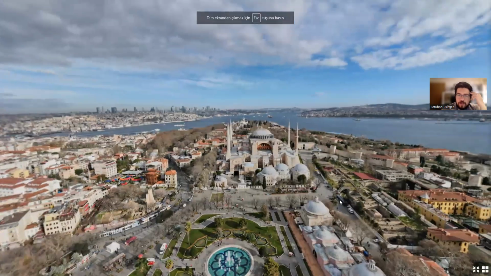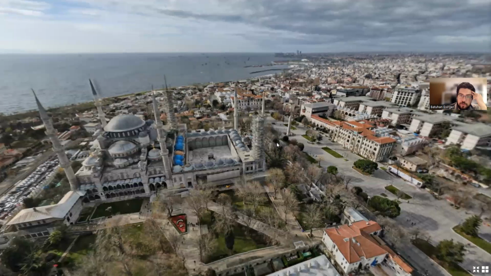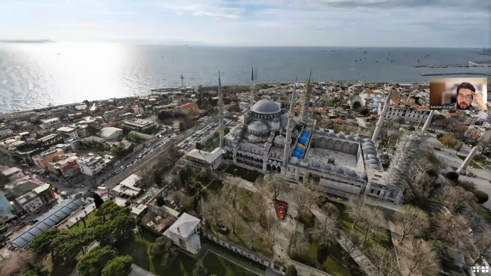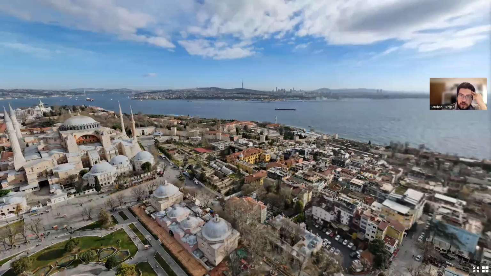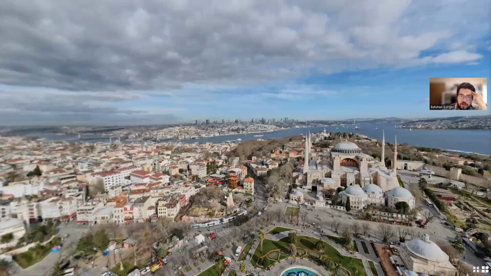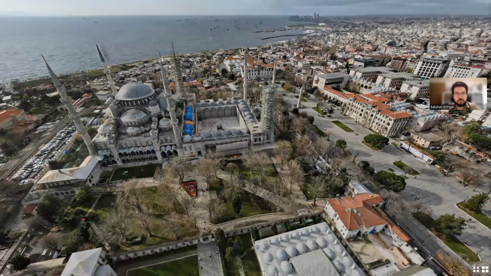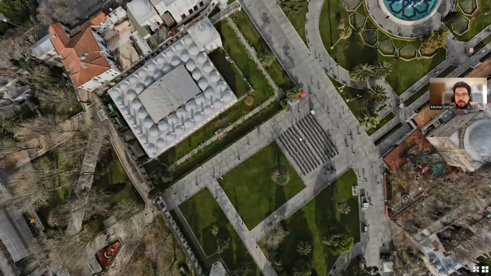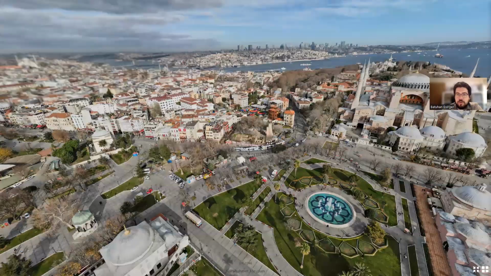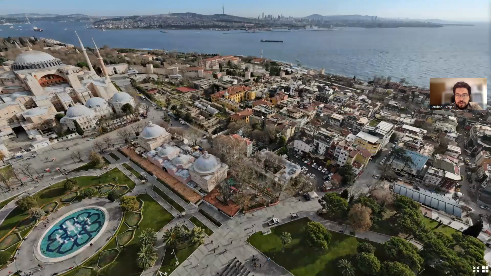So guys, this is a 360 panoramic photo, which you can normally work around and zoom in on the details with a correct viewer. So you can do these kind of things. You can take these with your phone, using Google Street View or some other third-party app to create a 360